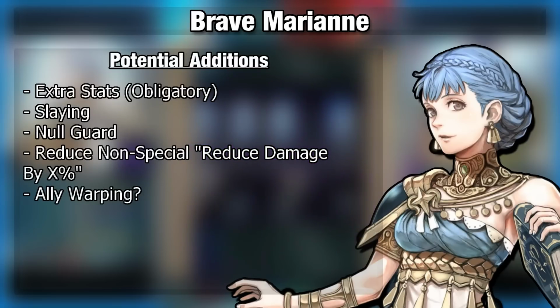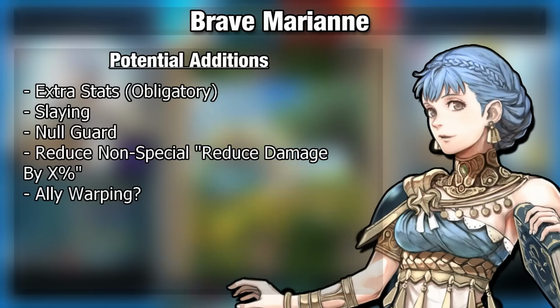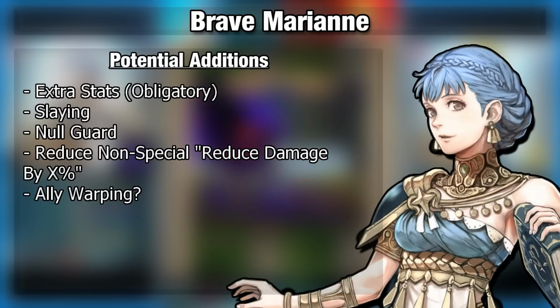She needs extra stats so she can not only make speed checks, but her damage output's pretty good. She's going to be eating whatever hit she needs to because 70% damage reduction on the first hit is really good. She needs to have the ability to nullify a good amount of damage reduction,